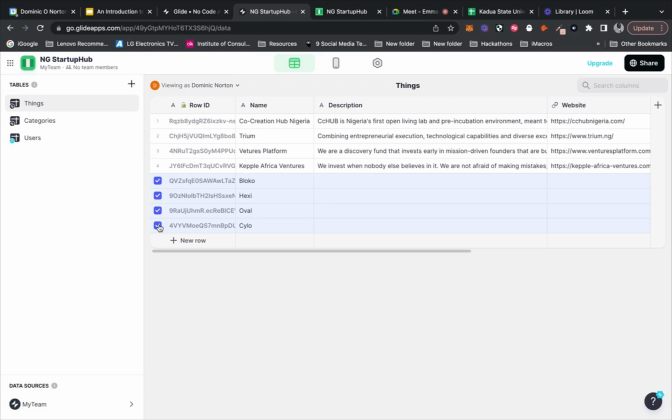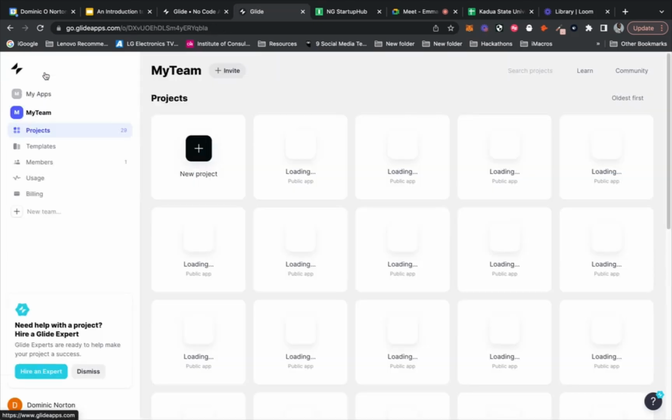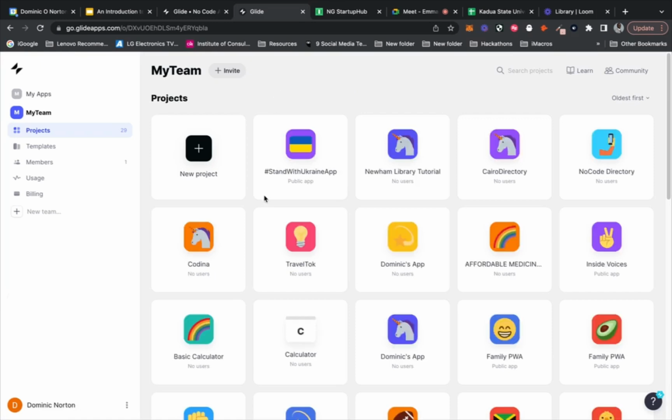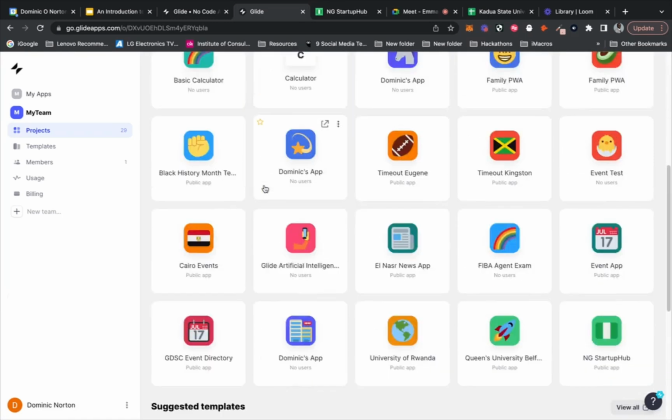Links to some projects I developed with Glide. So I actually use another tool with my projects, but I can give you some old ones that I made with Glide, like when I was first starting. So all of these are old.